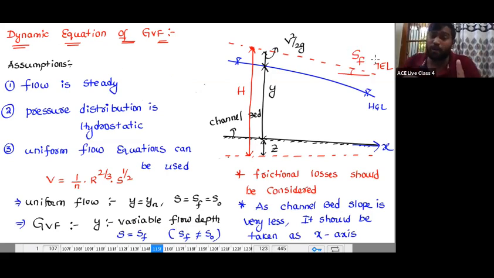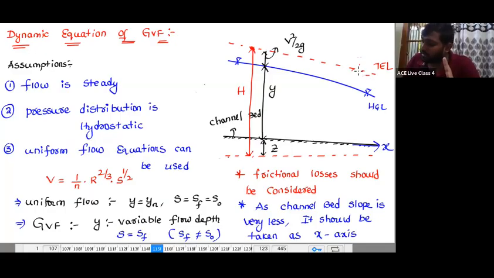What is the slope of the total energy line? SF. Okay. So dh by dx means how the total energy line varies with respect to x. Now can I write this dh by dx is nothing but SF, and as the total energy line